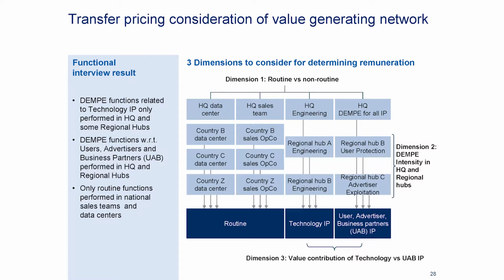And then there is the third dimension, within a vertical column of certain, for example, user or advertiser and business partner relationships. Functions may be spread across the globe. There may be certain central functions at headquarters. There may be regional headquarters with certain functions, and they may do certain same things. They may share certain kinds of work.